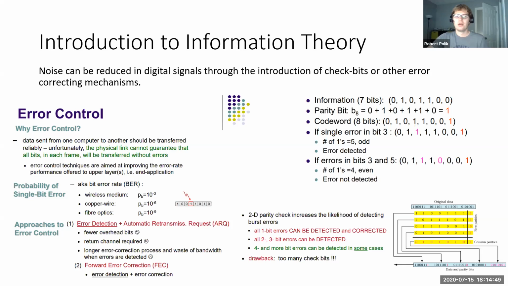So drawback of this, too many check bits. It's a drawback of your mechanism, Nathan. Too many check bits, and it's not perfect. Maybe if you give each check bit a check bit. That's what I was going to say. You could have a check bit for every bit, and then you have a check bit for that too. Yeah. So much like this system, you would be able to detect all 1-bit and 2-bit errors. You would not be able to detect all 3-bit errors, unlike this system, which does not use 3 times as many bits of checking as, yeah.